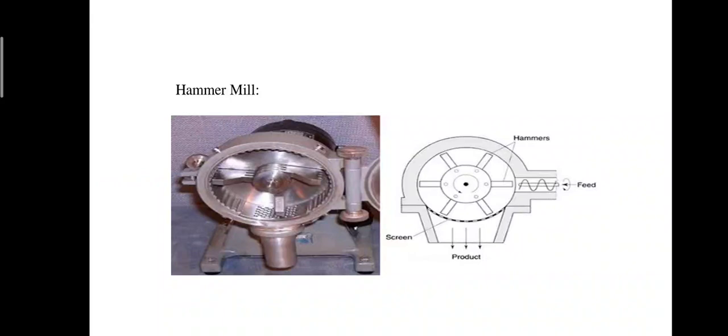Here we can see the picture of a hammer mill. Hammer mill crushes materials in two stages: size reduction, which occurs by dynamic impact, and sizing, which occurs by attrition and shear in the second zone, where small clearance exists between the hammer and the screen bar, producing a particle range of 15 to 50 micrometers. We can see the series of hammers here.